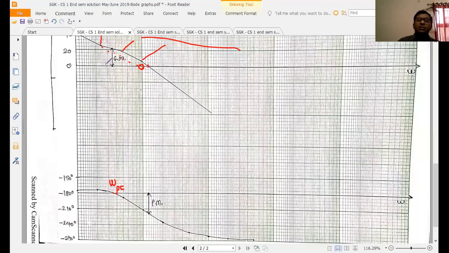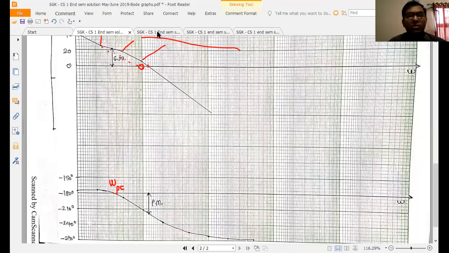But are they positive or negative in this case? Tell me whether the system is stable or not. Somebody? Positive value, stable? You forgot everything. No, both of these are negative. Unstable. Both these values are negative. The system will be stable when the gain is below the 0 dB line and the phase is above the minus 180 degree line. Here it is the opposite, so the margins are negative.